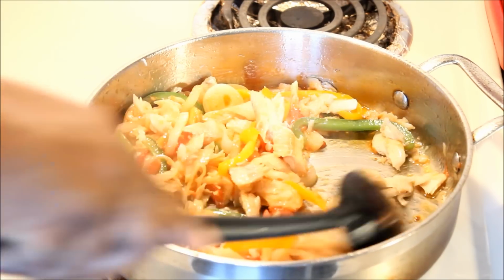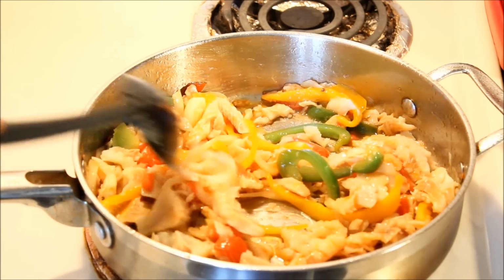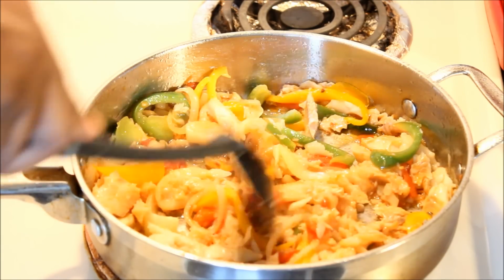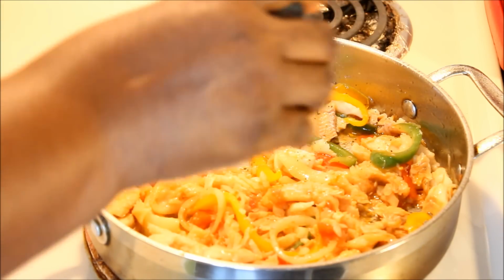So now what I'm going to do next here, I'm going to go ahead and add some black pepper and a little bit of Mrs. Dash. Now, if you don't want to add the Mrs. Dash in it, or if you don't have the Mrs. Dash, add whatever other spice you got in your kitchen. Just don't put no salt seasoning there, right? So add some black pepper